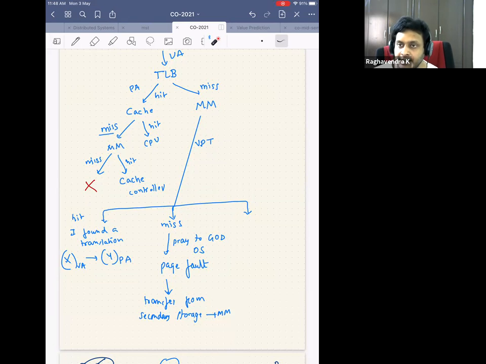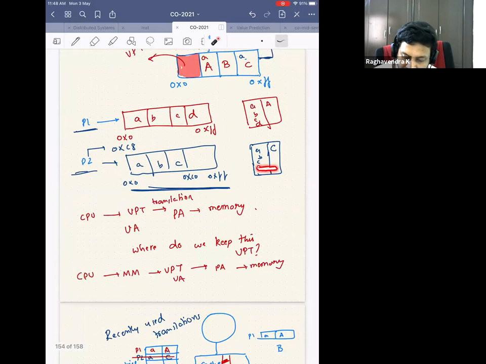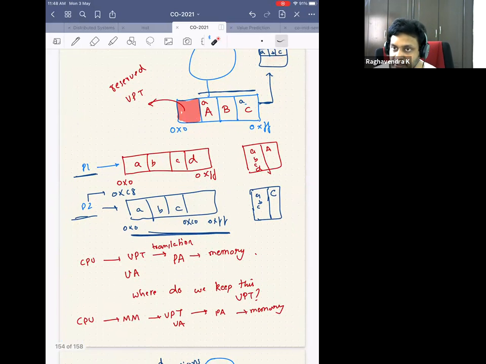Or you declare an int pointer a, you say a is equal to malloc of 10,000, you access them, then you do free of a, and then you try to do a of 10,000, then also it's a segmentation fault. Why? Because you have already freed that memory. You have told the operating system, okay, I had an entry from D to D, but now I don't want this entry. So I'm releasing this memory, which means that from all the hierarchy of the memory, that thing has been released. So now you again generate the address, it will be a segmentation fault.